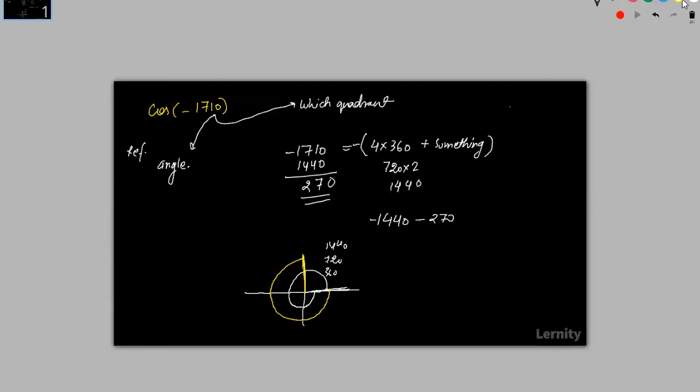So what will be the reference angle? Reference angle will be 90 degrees. So we have cos of reference angle 90 degrees. And because this is on this line, as I told you, if it is on any of the boundaries, simply find the value. So cos of 90 will be 0, so positive or negative won't make any difference. We can also write it as 5 into 360 minus something, and that will also give you the correct answer. Okay, fine, so this one is okay.